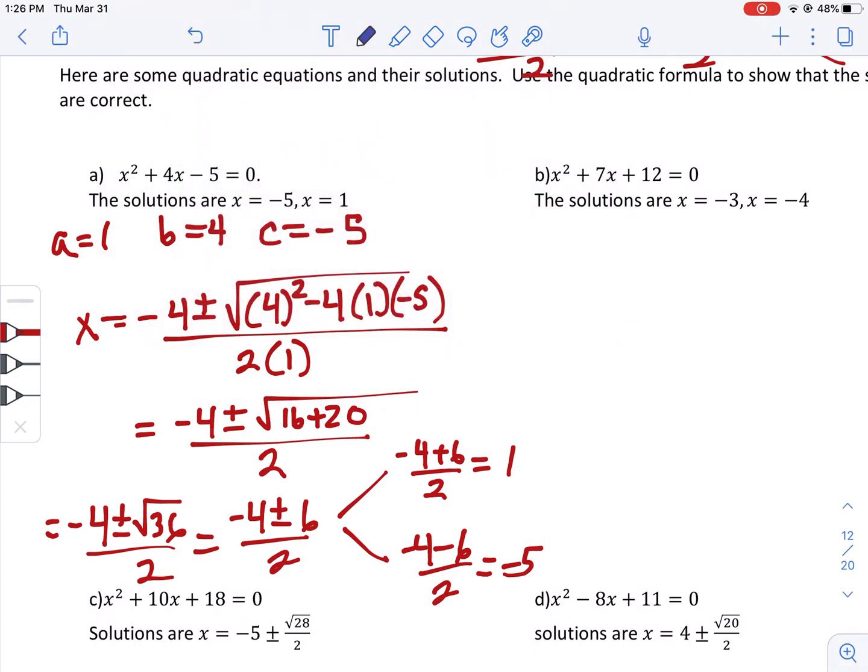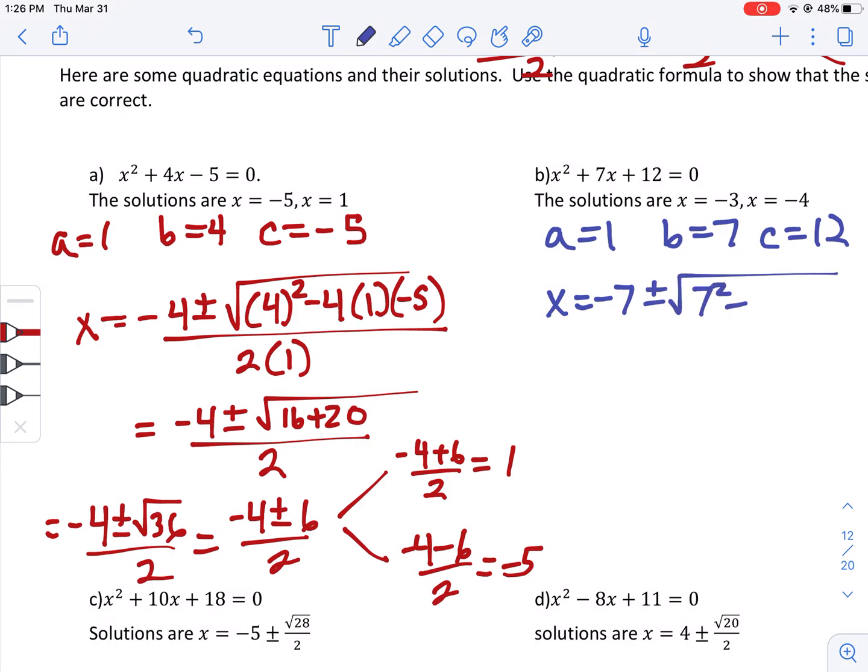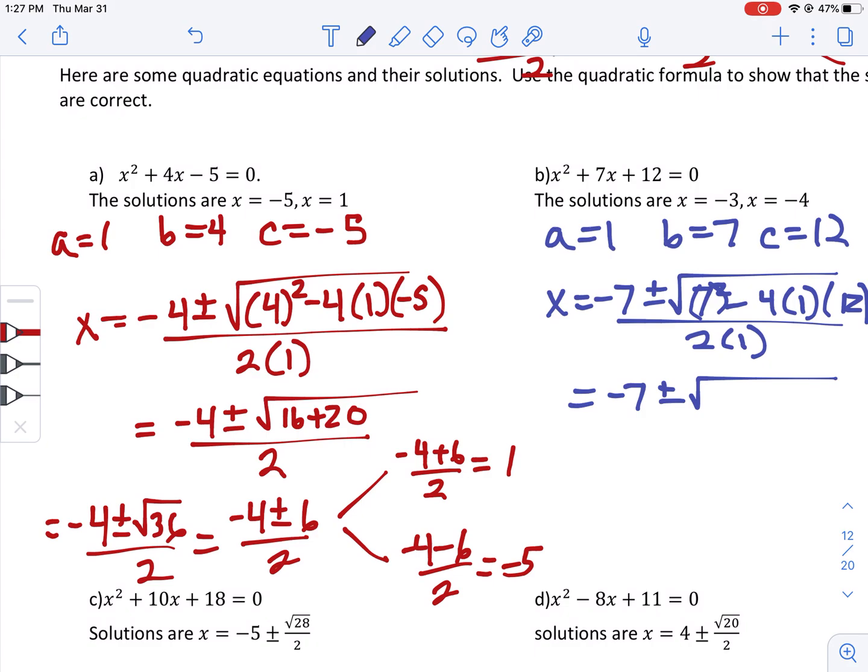So let's try this next one. A is 1, B equals 7, C equals 12. So x equals the opposite of b, plus or minus the square root, b squared minus 4 times a times c, all over 2 times 1. And a lot of times people type in everything under the square root. So that's 49